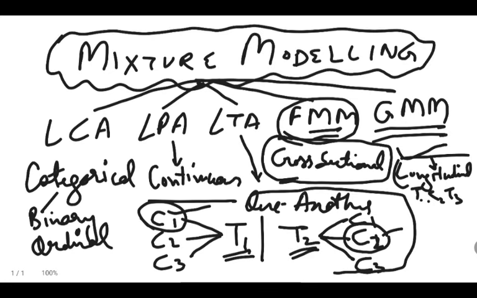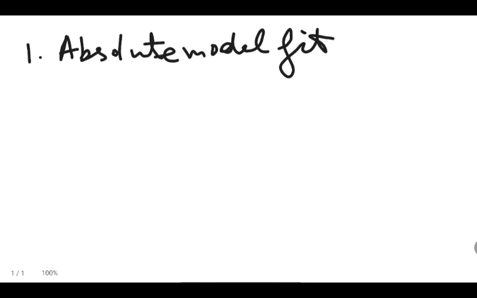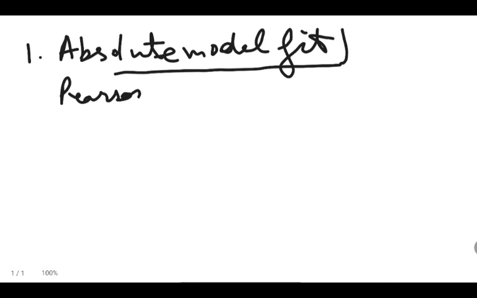So let us see. The first criterion is absolute model fit. So what do you mean by absolute model fit? In absolute model fit, we are concerned with whether the predicted data fits with the observed data or not. So that is the idea behind regression also, right? The predicted data fits with the observed data or not, or we can say observed data fits with the predicted data or not. So we use Pearson chi-square statistic,